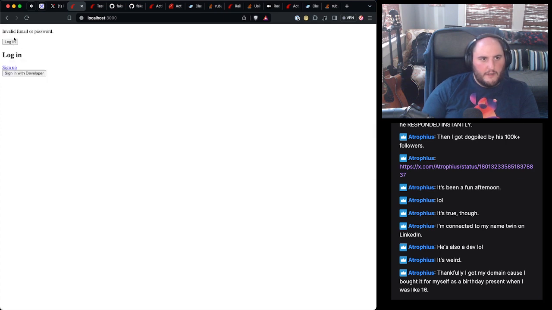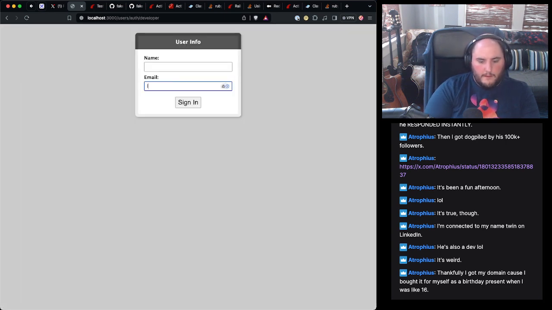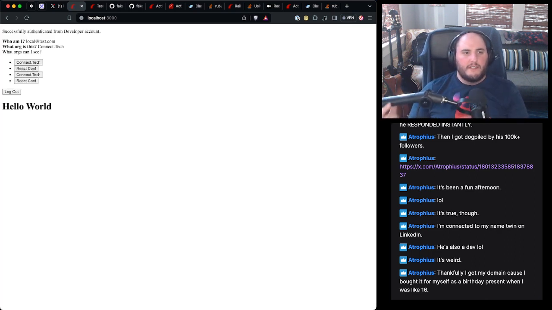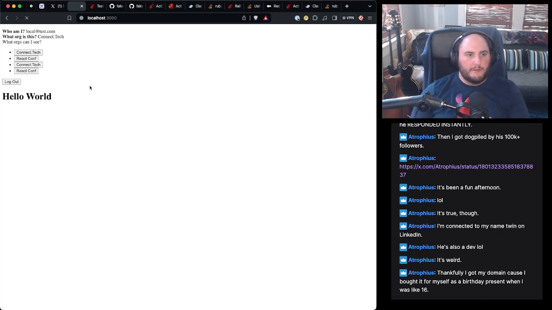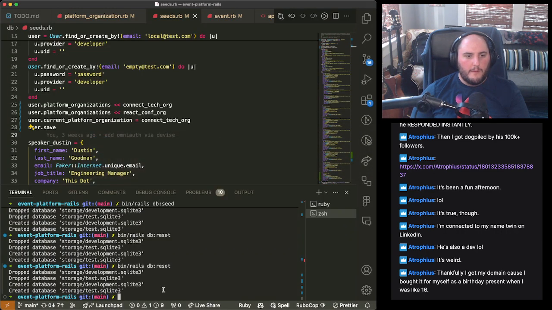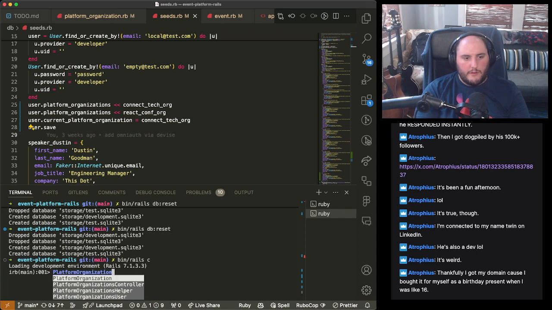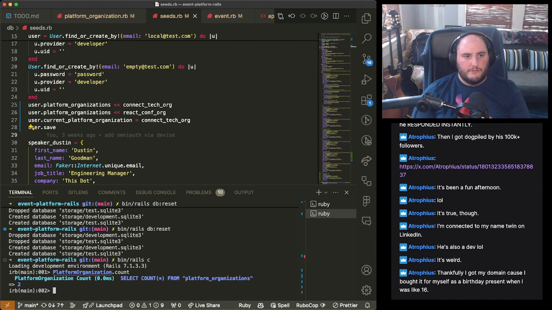So if we log in, sign up, local at test.com, we're still getting double. Why are we getting double? Do we actually have double? Platform organization.count is 2.